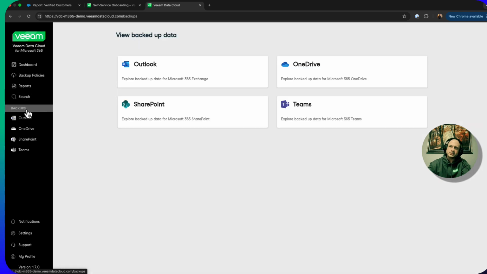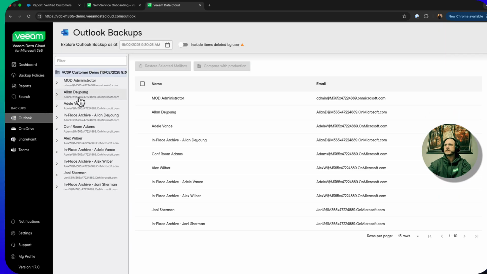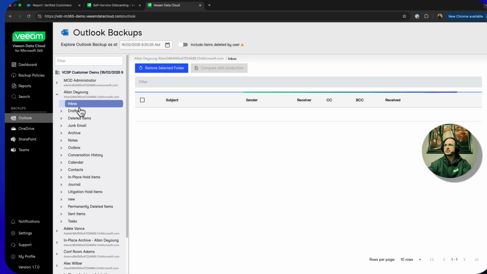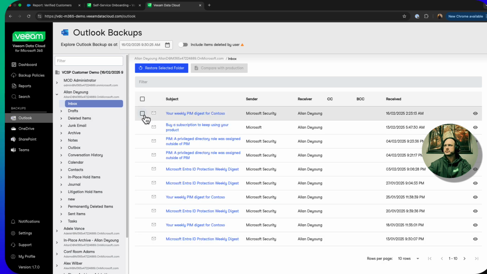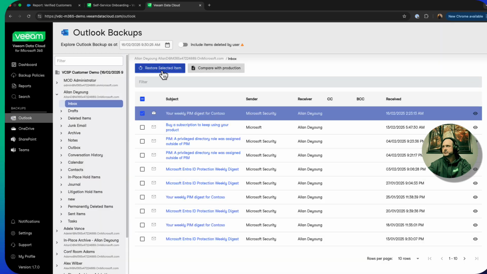Now under the Backups tab, this is where all of my restores are done. Okay, this is the data. So if I select Outlook, I want to do an Outlook restore. Here's a user, here's their inbox. Okay, I can select this email, I can browse this email. Make sure this is the one I want. And I can add this